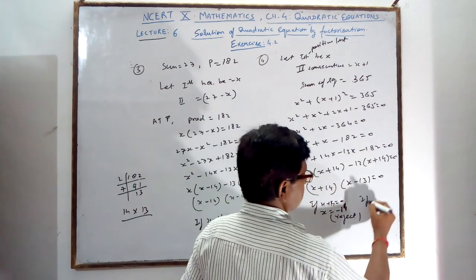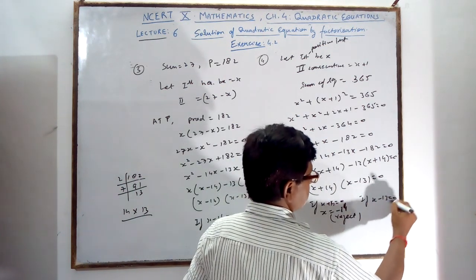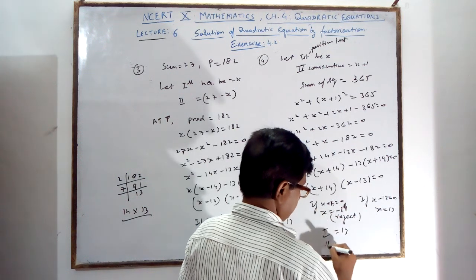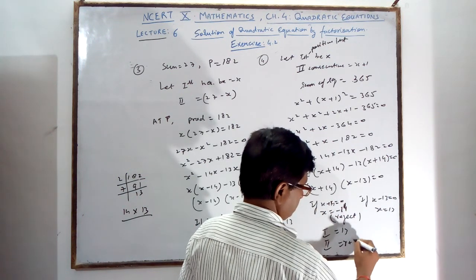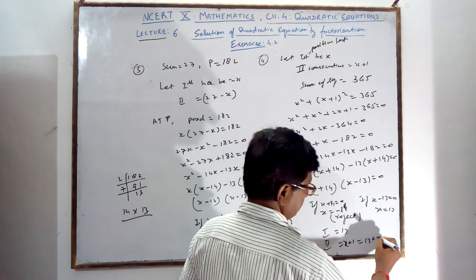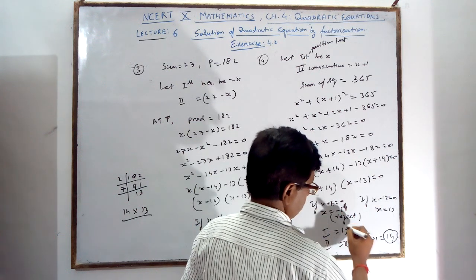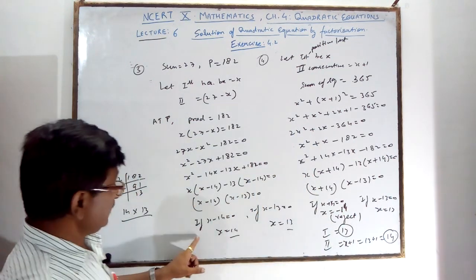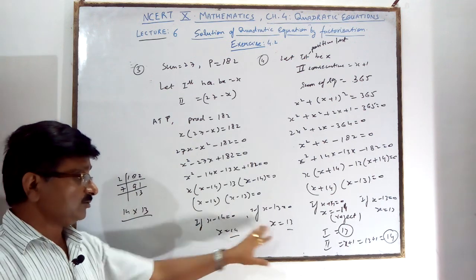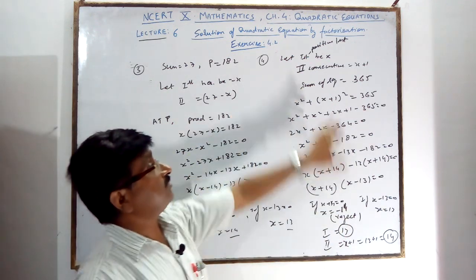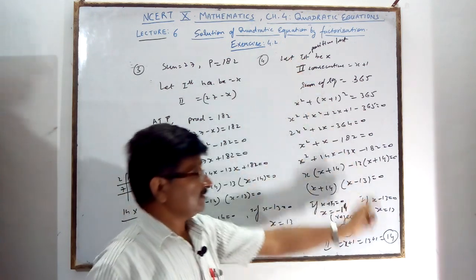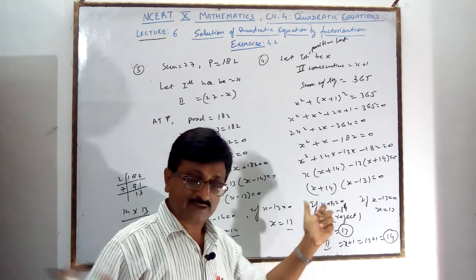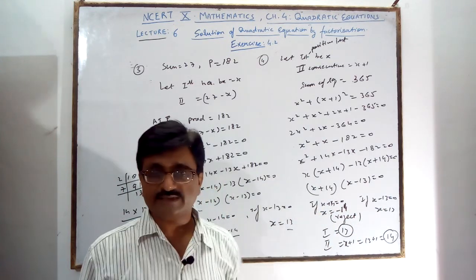So the second one, you see. x minus 13 is 0, then x will be 13. So first is equal to 13. Second is equal to x plus 1, that is 13 plus 1, 14. First is 13, second is 14. Here, if it were only integers, both would be answers, but here you are bound because consecutive positive integers are asked, so minus 14 is rejected. It is a very important key point. That's all. The rest of the questions in the next lecture. Thanks.